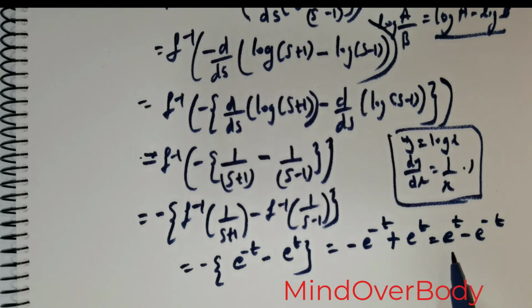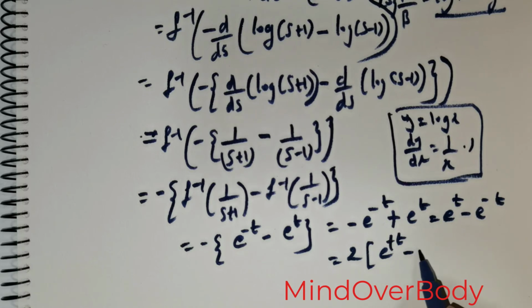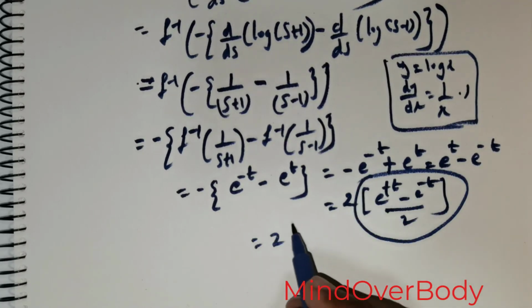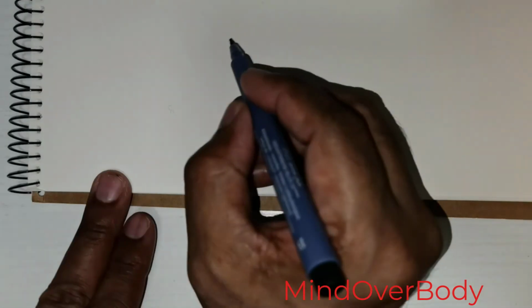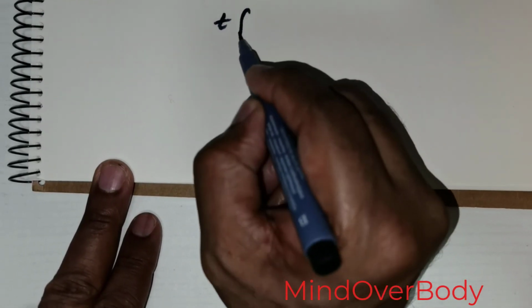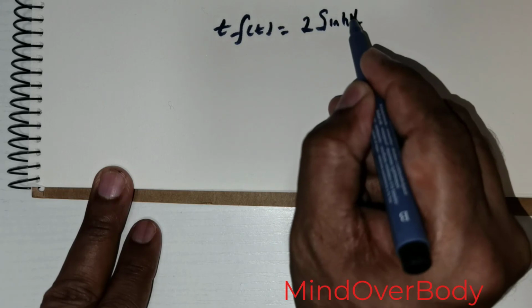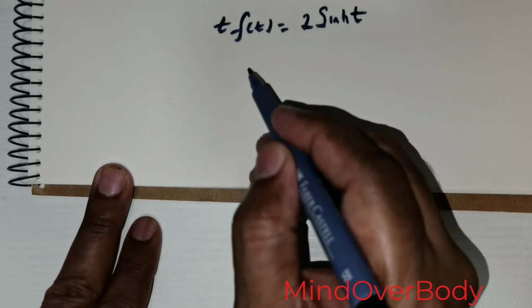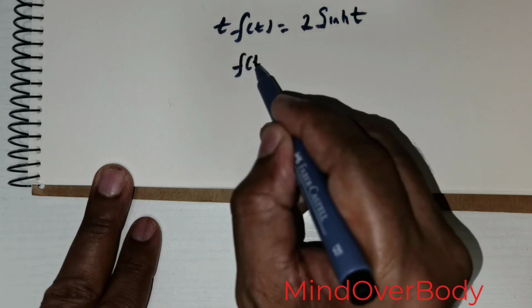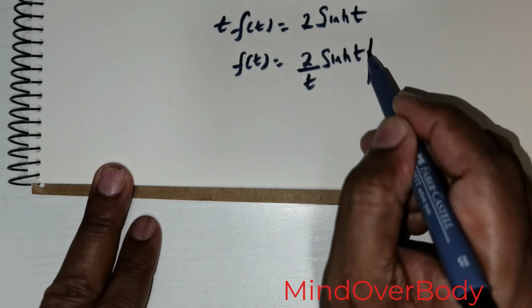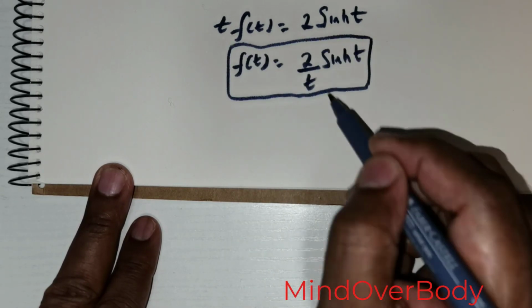Now if I divide by 2 and multiply by 2, it's going to be 2 times (e^t minus e^(-t))/2. Now what is this entire quantity? Can you tell me? This is nothing but sinh(t). It would mean that we got t times f(t) is equal to 2 times sinh(t). But we need only f(t), right? So this would mean that f(t) is equal to (2/t) times sinh(t). So this is the solution for the question. Students,